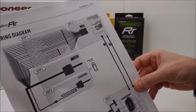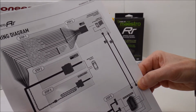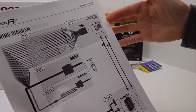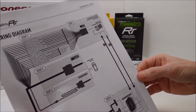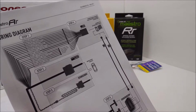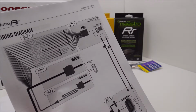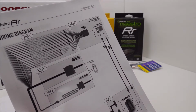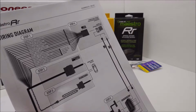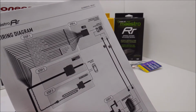Now, my 2008 EOS does not have Bluetooth in it at all, so I'm not going to install this cable, specifically because I need the aux jack on the Pioneer. The aux jack is for the digital signal processing microphone. That's a separate microphone from your Bluetooth microphone. The Pioneers have two microphone input jacks. There's a 2.5 millimeter for your Bluetooth, and there's a 3.5 millimeter for the digital signal processing microphone, which is used to generate pink noise and set your gain levels and